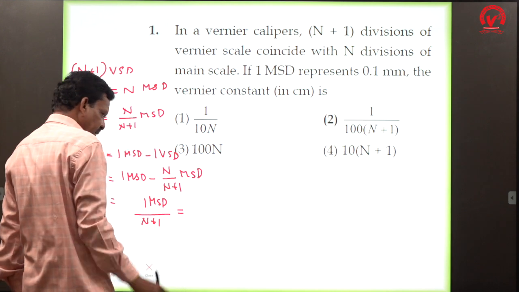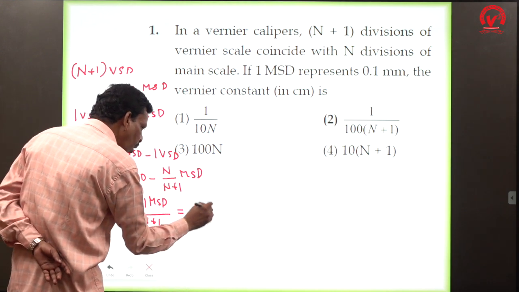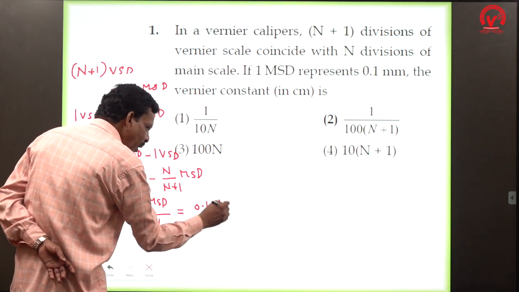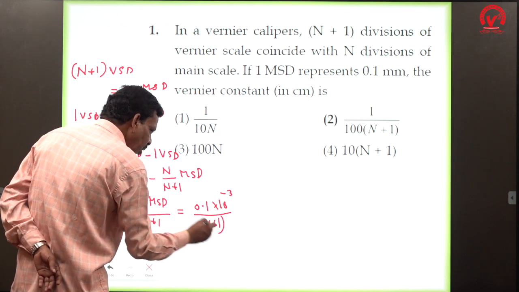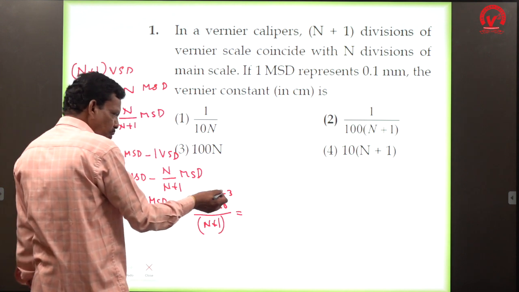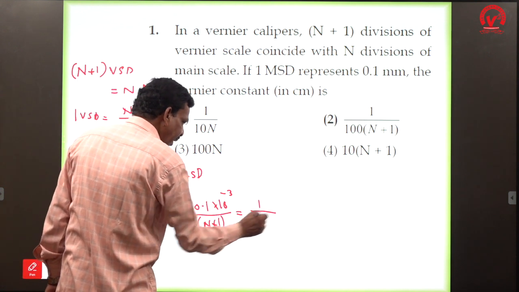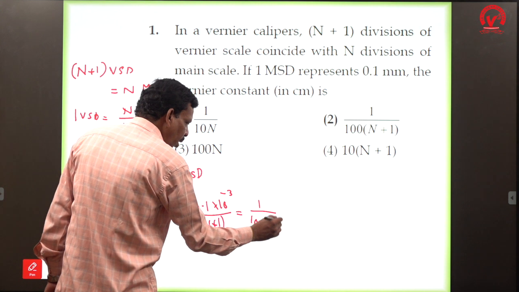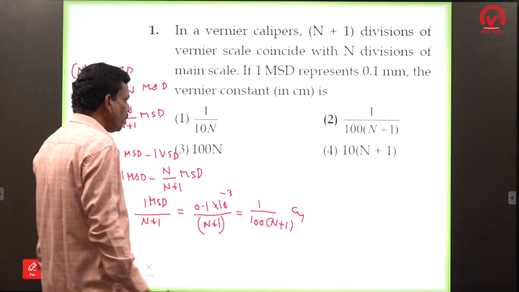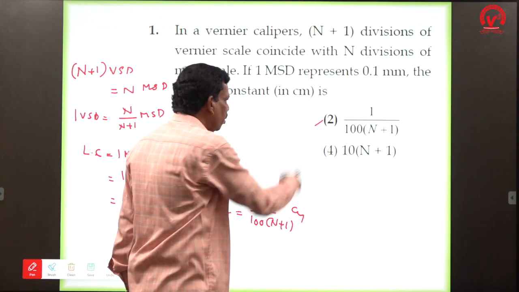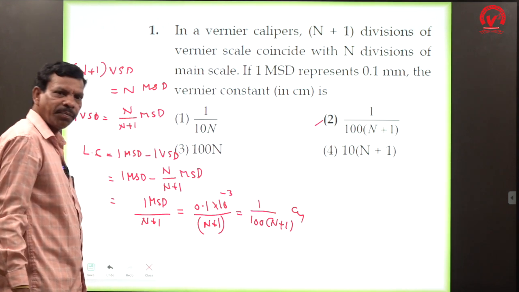0.1 millimeter. That is 0.1 into 10 power minus 3 by n plus 1. Now what do we get? It comes to the denominator, so we get 1 by 100 into n plus 1 centimeters. So which option is correct? Option number 2 is correct. Next,